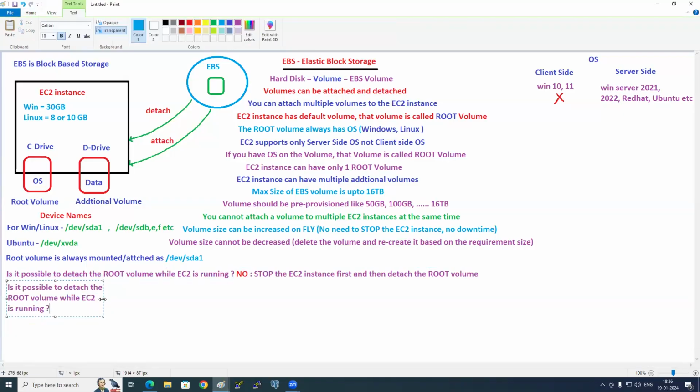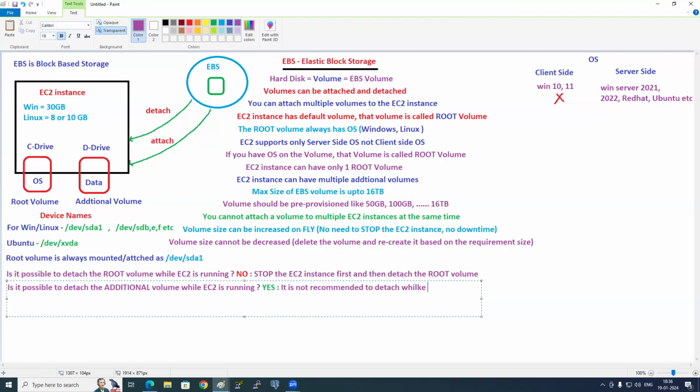Similarly, is it possible to detach the additional volume while EC2 is running? Answer is yes, but not recommended. Good. It is not recommended to detach while running. What do you need to do for this also? Stop first. If possible, stop it. Otherwise, you can detach it. No issues.